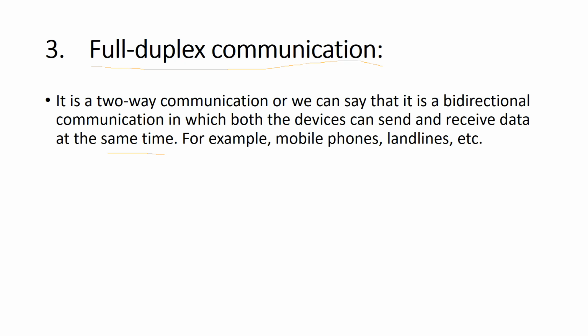But with full duplex, both devices can send and receive data at the same time or simultaneously. A good example of full duplex is the mobile phone. You communicate simultaneously. You don't need to wait for the sender to finish sending the information or talking for the receiver to give back the feedback. We have another example, the landlines, and